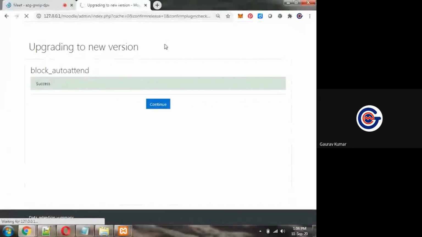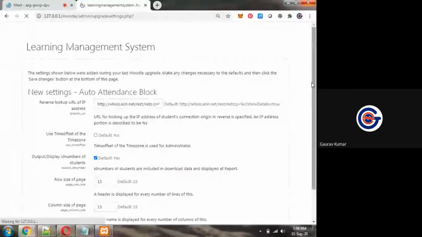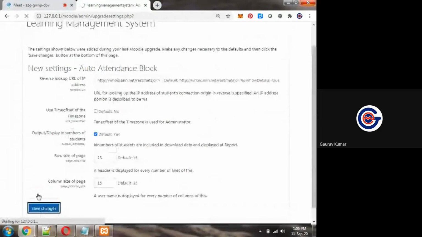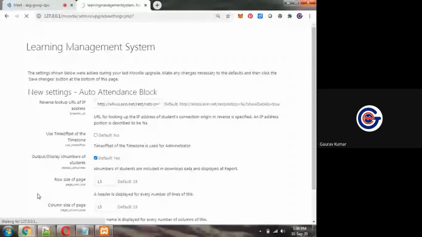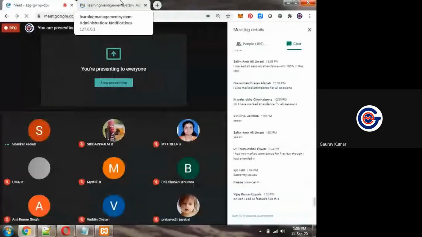So you can see that we are installing an additional plugin here, and save changes. Now, earlier in my Moodle installation, this plugin, auto attendance, was not available. Now it is installed.